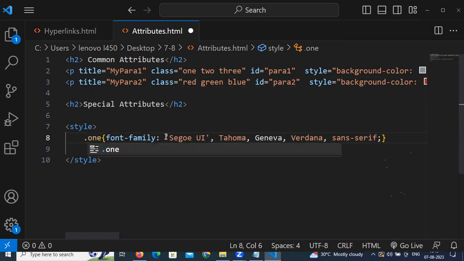Okay, when you are referring to the class in CSS, you need to give the dot. You need to give a dot. The class is referred to as dot and the class name is 1. 1 is the class for which paragraph? Tell me. 1 is the nickname. 1 is the nickname for which element? Para 1. Para 1, correct. First paragraph. First paragraph nickname is 1. That 1 is referred to by dot. Any class is going to be referred to by dot. Any ID is going to be